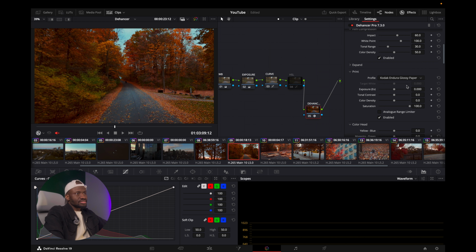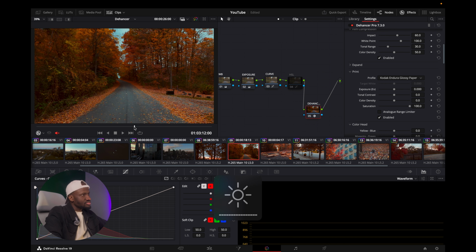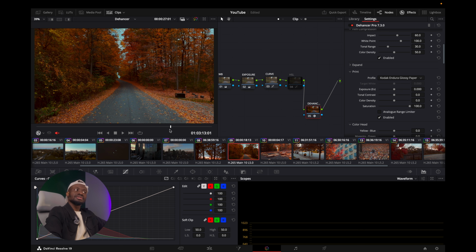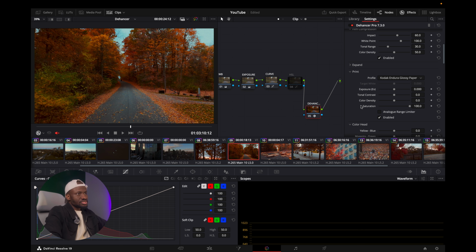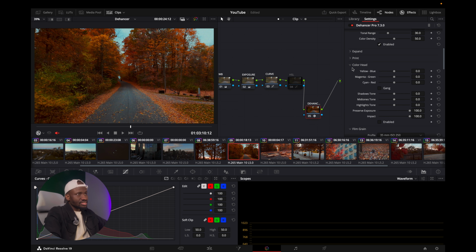You can see my footage is not very dark, but I might make some corrections at some point. But yeah, glossy paper, and I don't think I need to adjust anything now, but if you want, you can adjust the contrast. And then